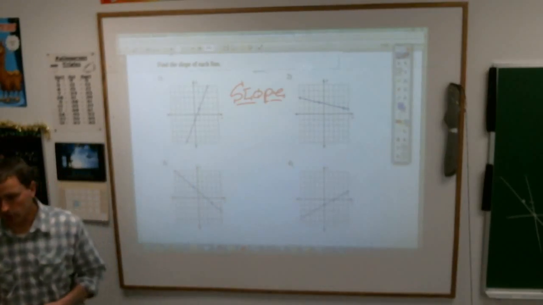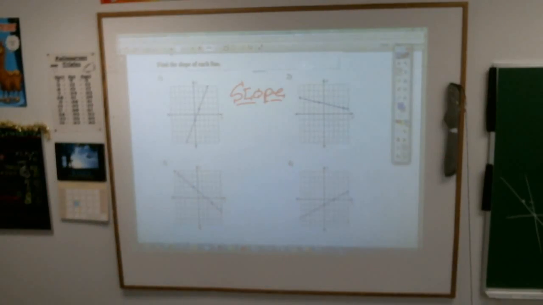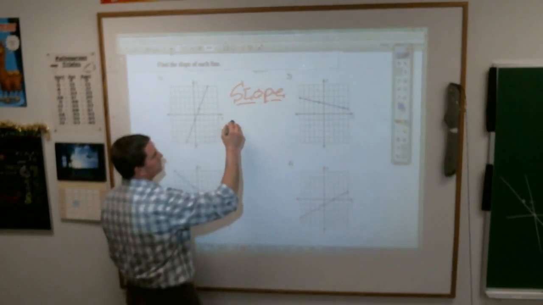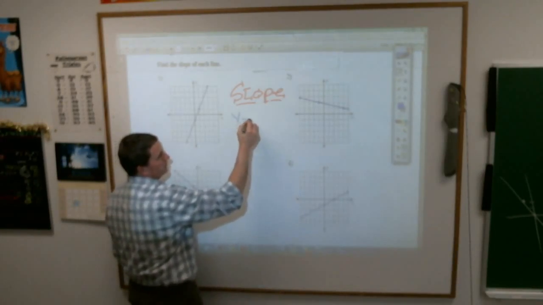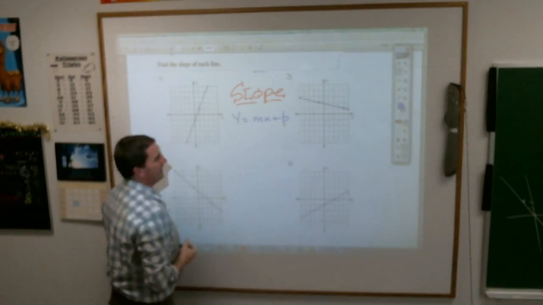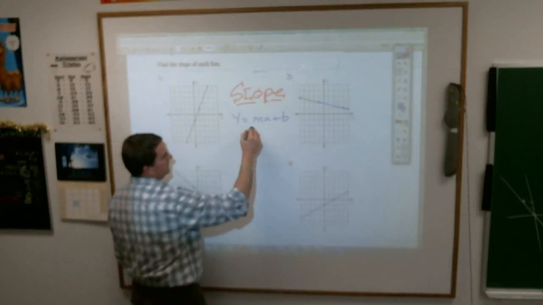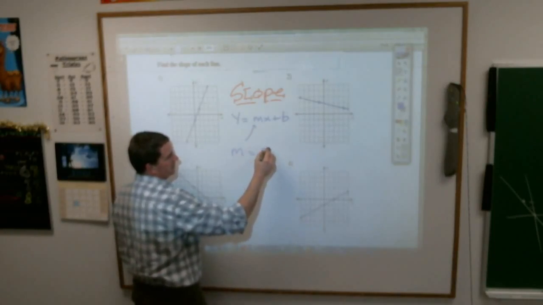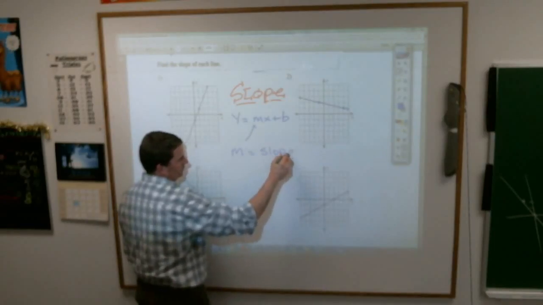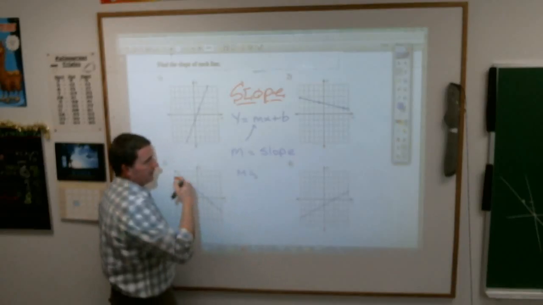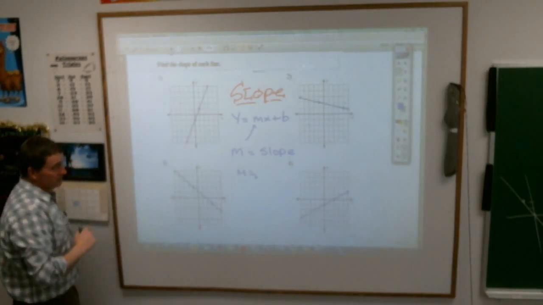Slope, please, children. Everything you want to know about slope and more. First of all, in the slope-intercept form, you get y equals mx plus b. In math, a lot of times, the letter m is reserved for the word slope. So if you're talking about slope, you would say m equals. Now, we've already done some of this